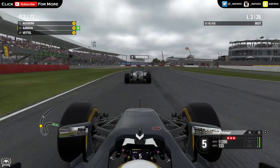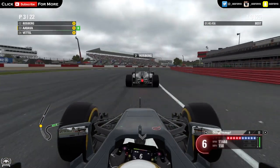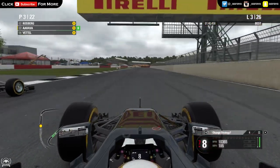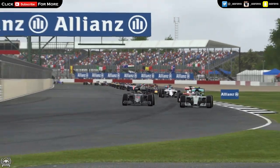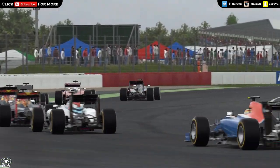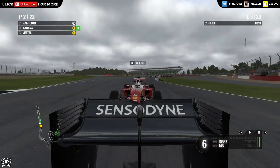We get some good traction here though, so potentially maybe a move into Copse, potentially slipstreaming in. Can we make a move? We swoop to the right, trying to make a move down the inside. He's going to leave the rest of the room. Yes, he does, and we do get it, and he's lost a heap of time there,